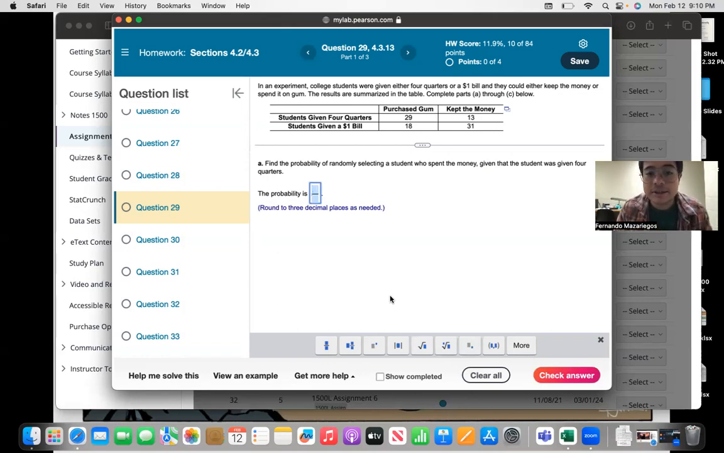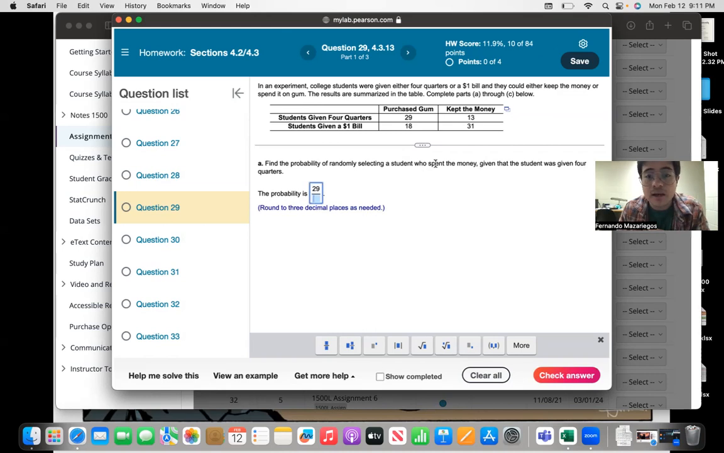What is the probability that a student spent the money and was given 4 quarters? How many of those students do we have? We have 29 of them. These 29 were given 4 quarters and spent that money on gum. So that is 29. But notice that now I am not going to divide by the total